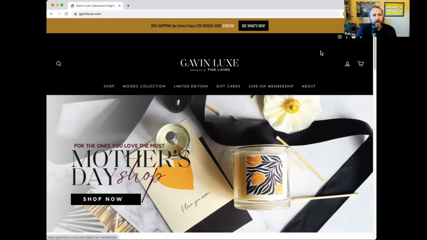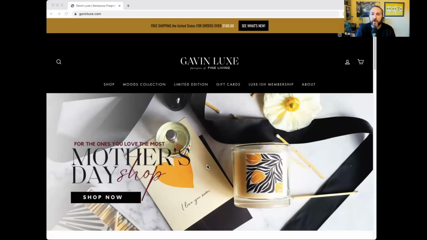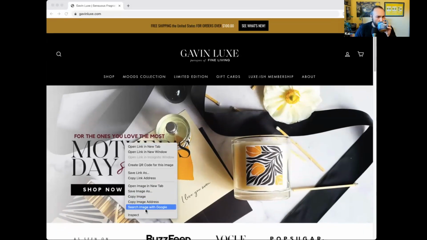I agree with that. Maybe there needs to be one sort of mega-ish menu that clusters some stuff together, but I'd love it if there were isolated mega menus, shop candles, shop this thing, just so I could land here and be like, oh, you sell Luxe candles. I need to buy one for everyone in my life. But looking at this page, I'm like, Mother's Day gifts? I could get the vibe of what you're selling and it's luxury, but I can't say, oh, this is specifically what they sell.